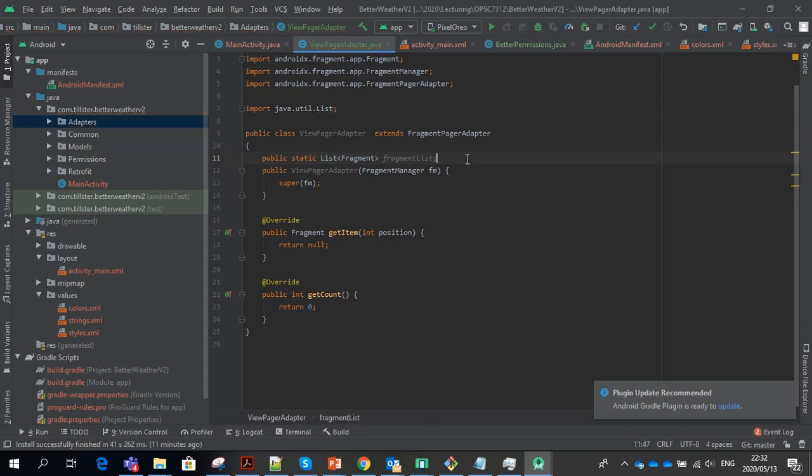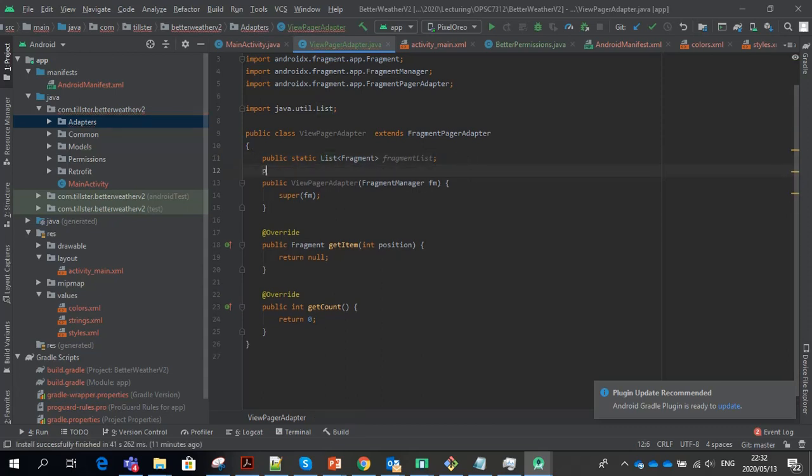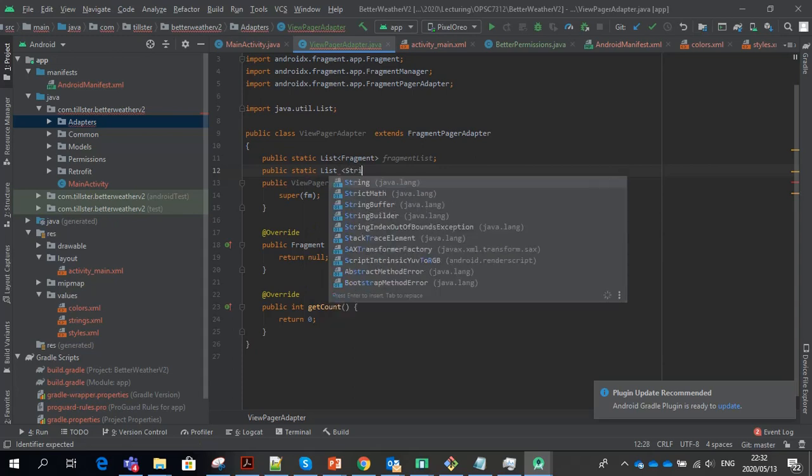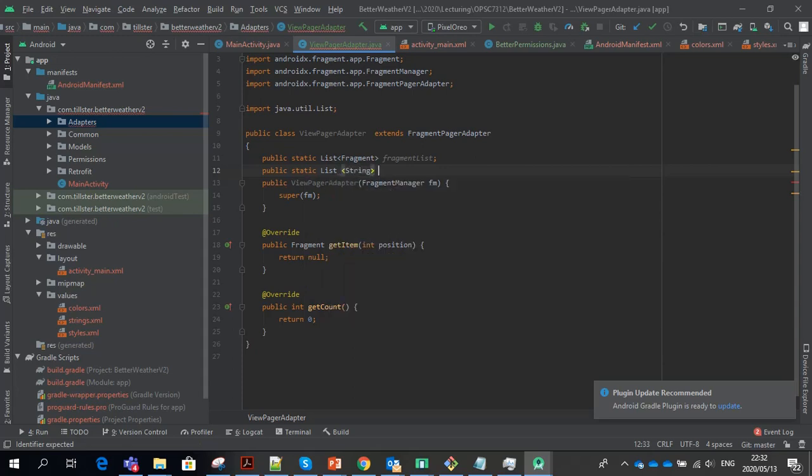We're also going to make another list: public static list of type string,